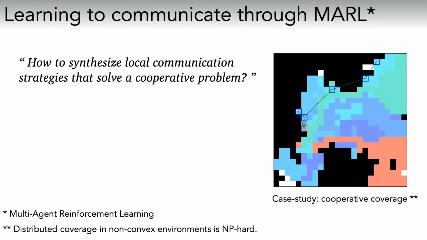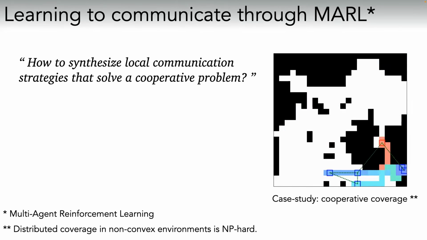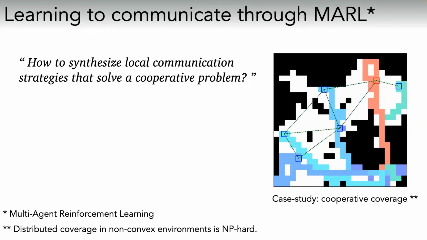So what is it that we want the agents to do here? We want them to cover this area as quickly as possible. The colors that they leave behind are just visualization for us. So we see agents of different colors. They leave tracks behind of different colors. And ideally, the intuitive solution, if we would think of this, would be, well, we want the agents to distribute uniformly over this area, because that's how we think as a team they will cover the area as quickly as possible. And so what you see happening here is pretty much that.